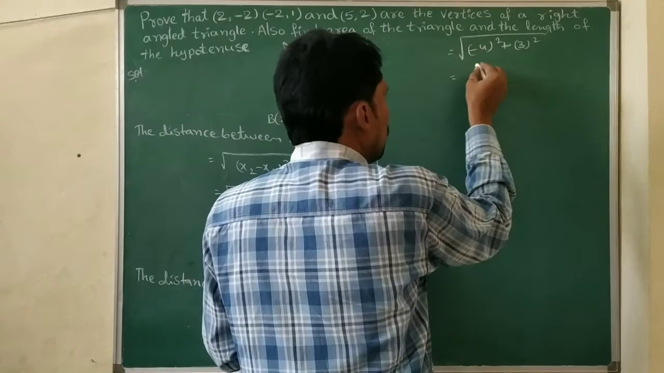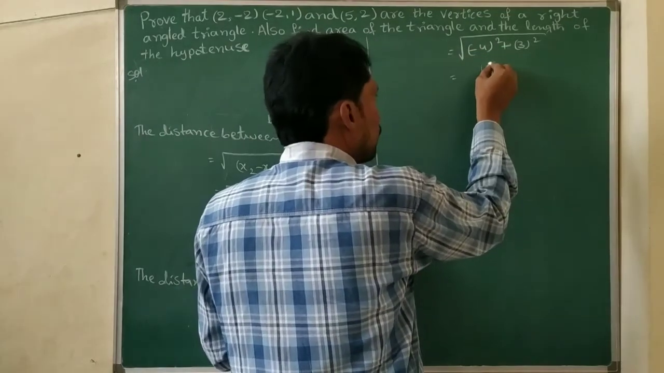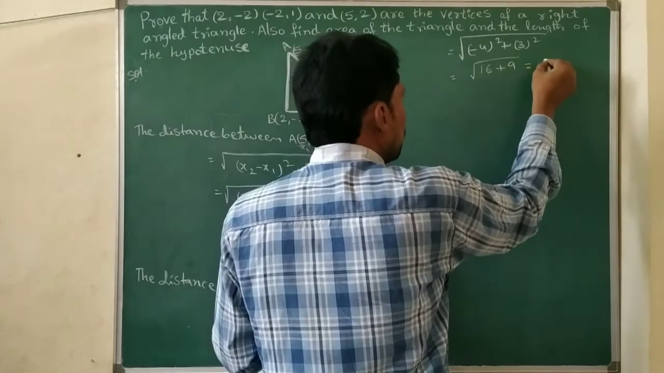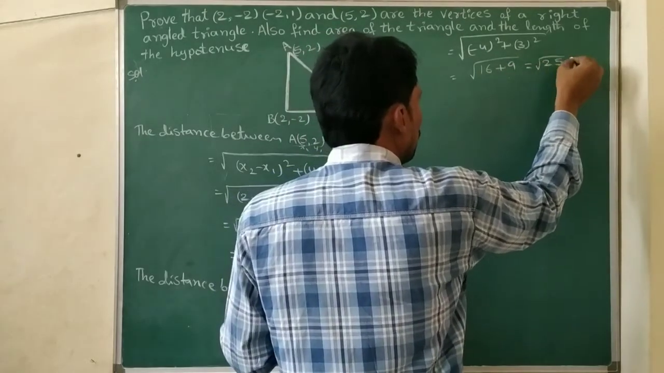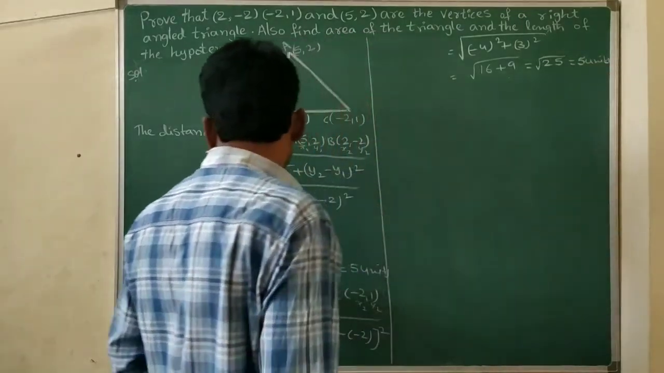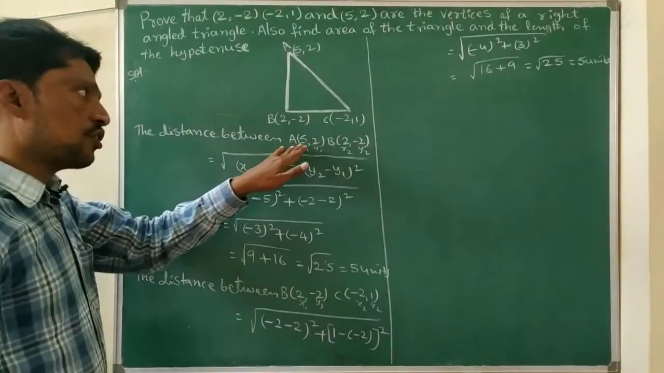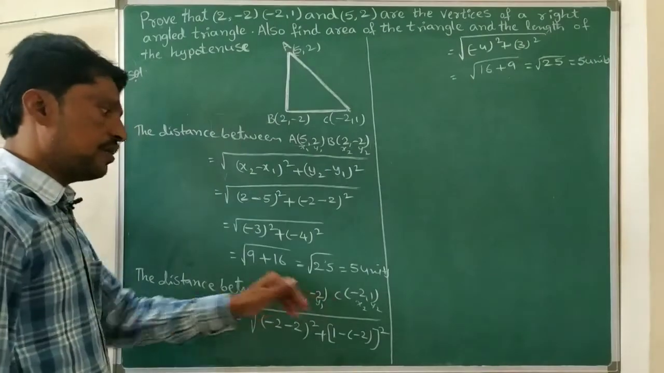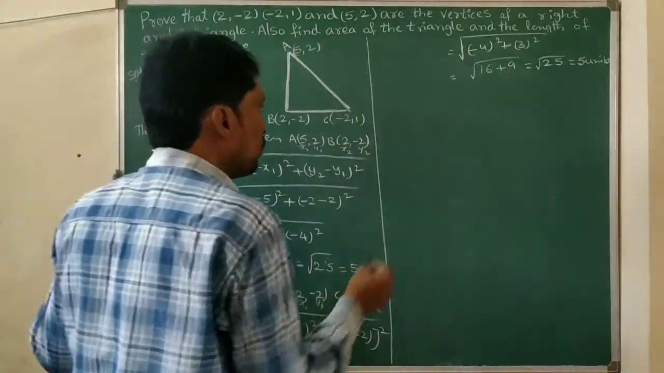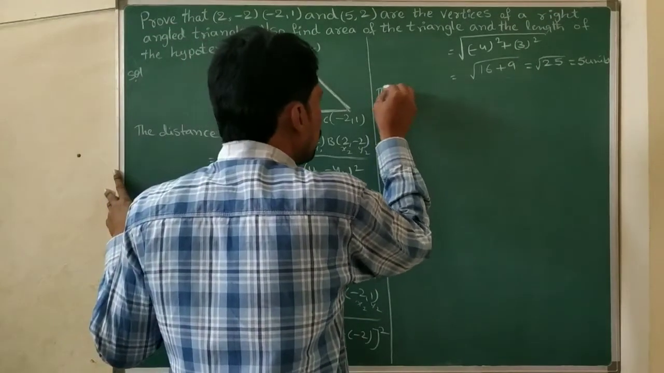That equals (-4)² + 3², which is 16 + 9 = 25. Root 25 is 5 units. Now we have the distance between AB, and the distance between BC also. Next, we can find the distance between AC. So the distance between